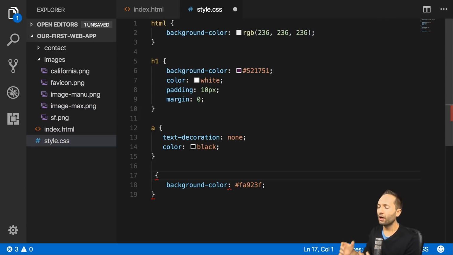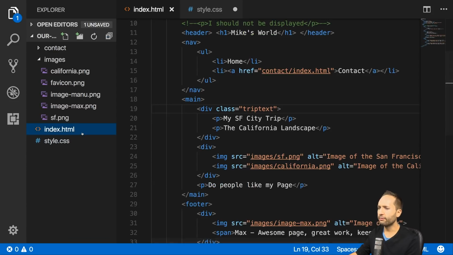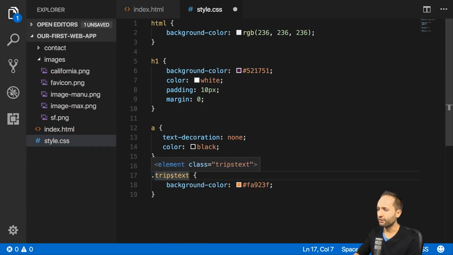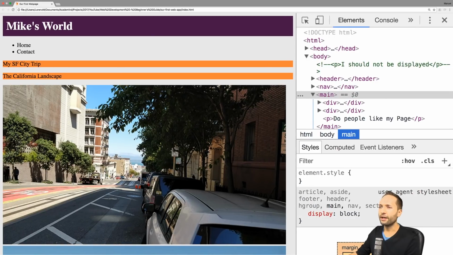The question is now, how can we use classes as a selector? Well, the answer is we can simply type a dot and then type the class name. So in our case, this was trip text. Was it trips text or trip text? I don't remember. It was trip text. So let's name it trip text like that. So this must be equal to the class name. So if we save that and go back to our page and reload it,